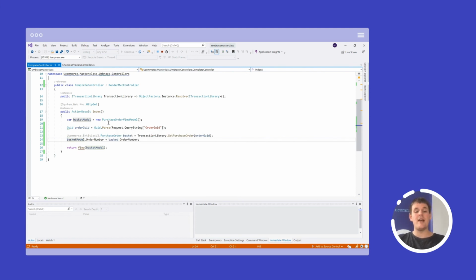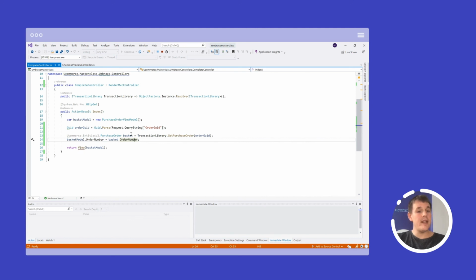So I now have the basket, and on my basket model, similar to the preview and the basket page, we have an order number property where I just set this, and in my view I just say thank you for your order, and here's your order number. We haven't done anything special in here, but this is just to highlight that if you did call transaction library get basket, you would end up with a new, empty basket, and you would not be able to show the customer what they actually purchased if you wanted to show the content one more time. In this case, I just showed you the order number, and that's it.